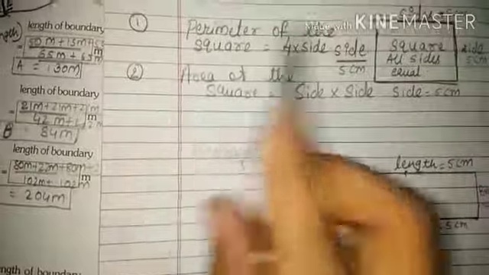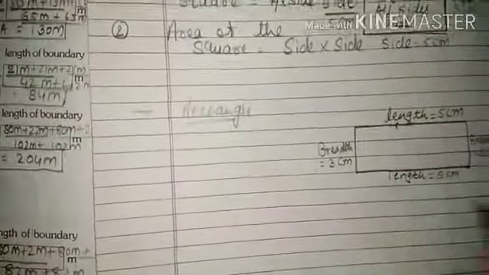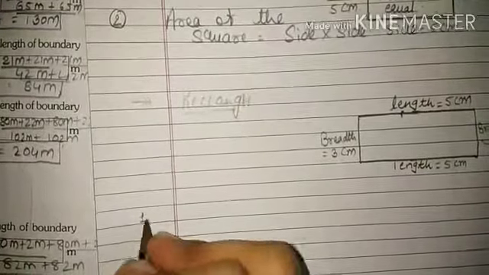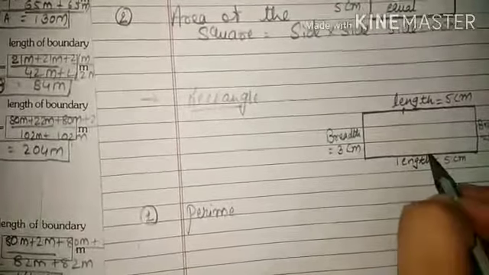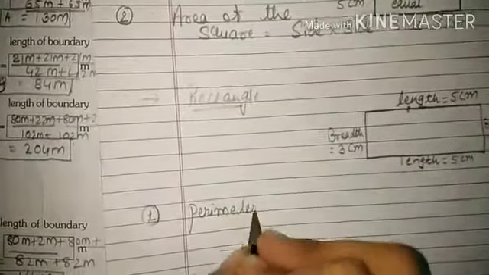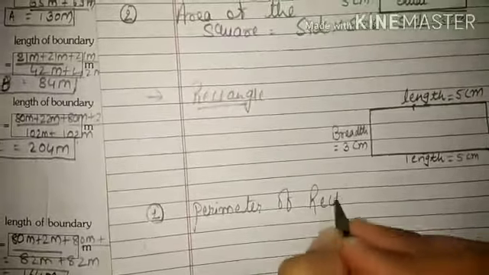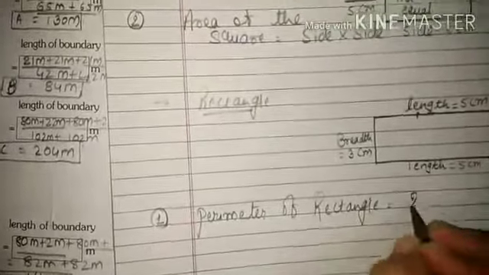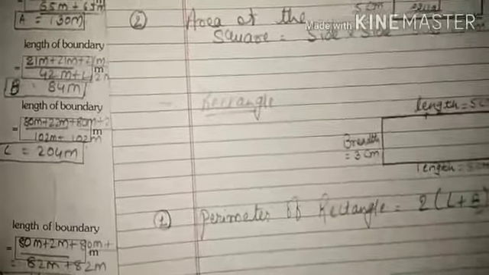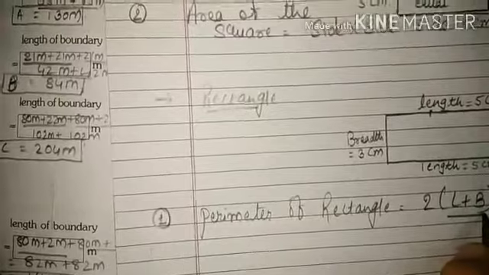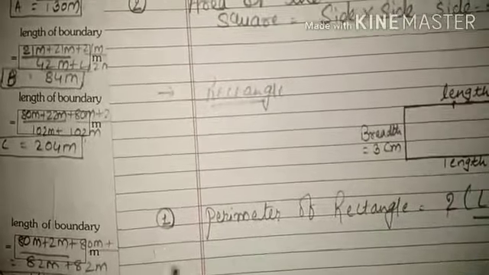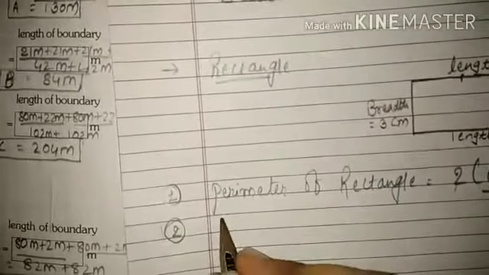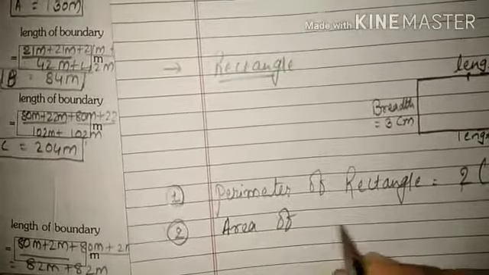Now coming back to the last formula, perimeter is the sum of all the sides. In the same way, to find the perimeter of the rectangle, perimeter basically means 2 times length and 2 times breadth. So the perimeter of rectangle formula would be 2 in the bracket length plus breadth. Whatever the length and breadth is, I have to do the addition and then multiply it with 2, because 2 lengths are there and 2 breadths are there. This is the formula for perimeter of rectangle. And the next one is area of a rectangle.